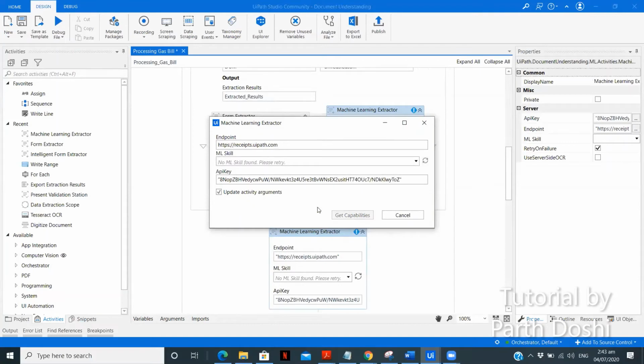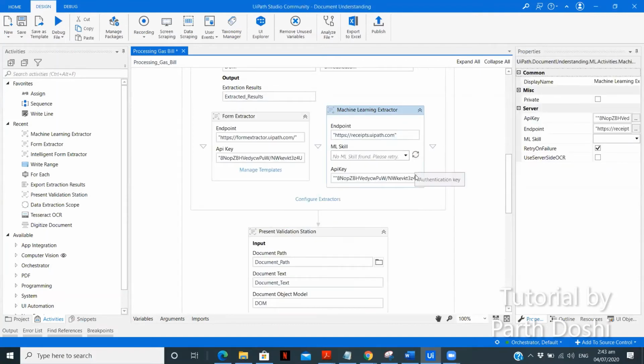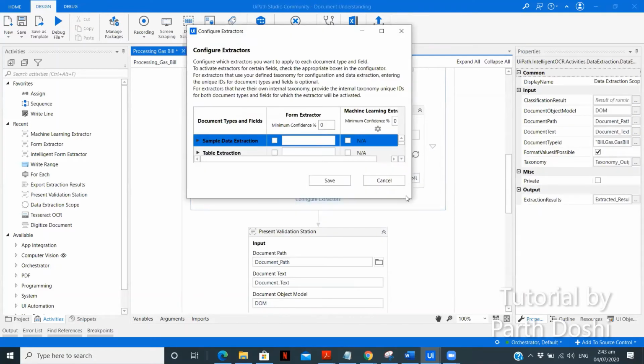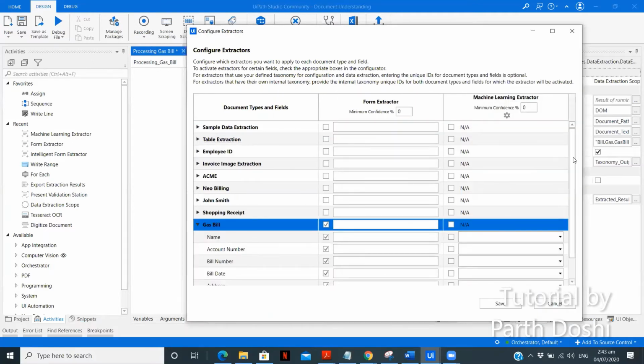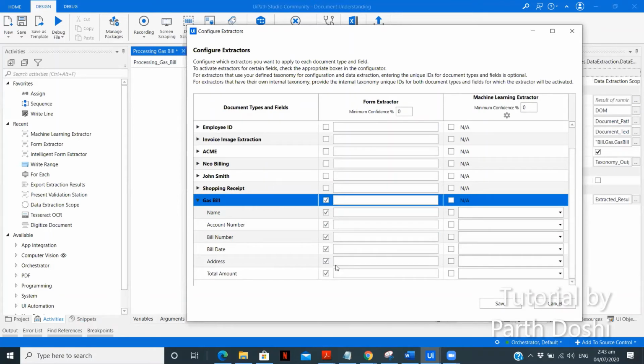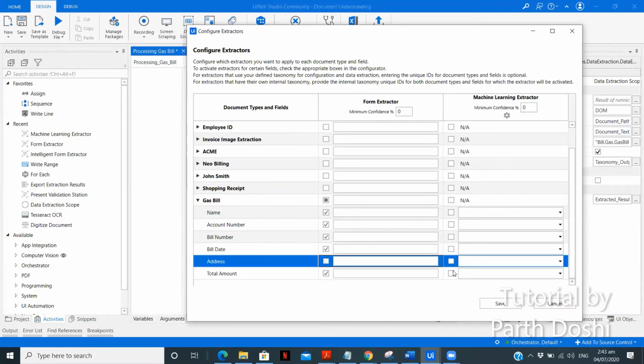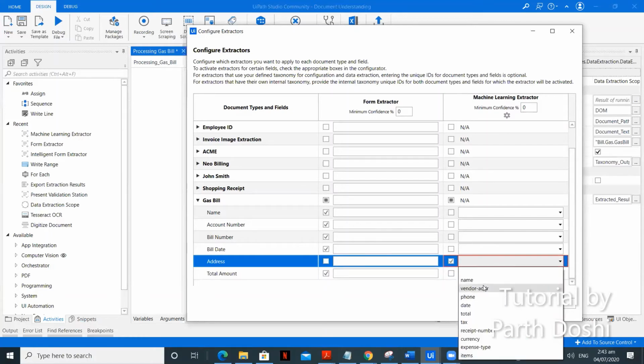Now capabilities, I don't think I will get any. Now configure extractors. So this is, now we have two extractors. So I was getting all the details except the address. Now let me select the address in machine learning extractor, and here I will select as vendor address.